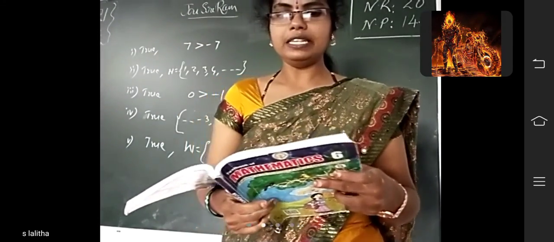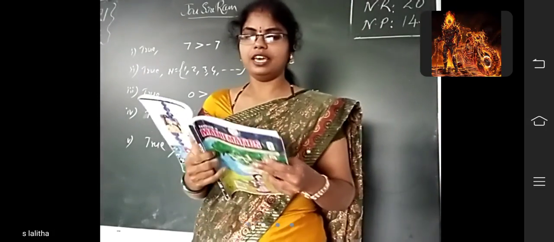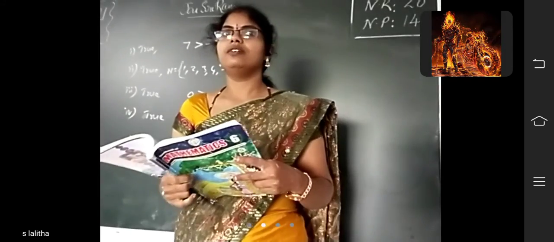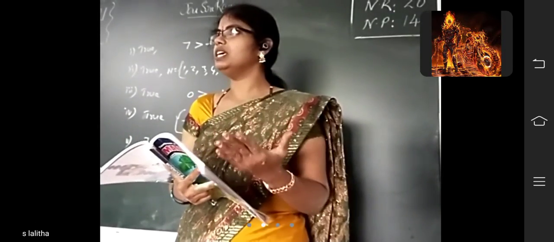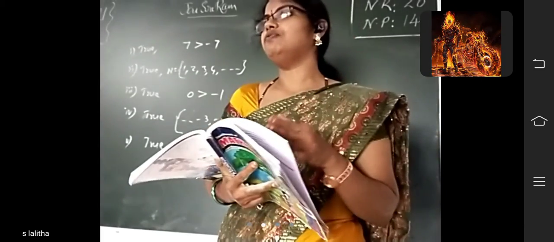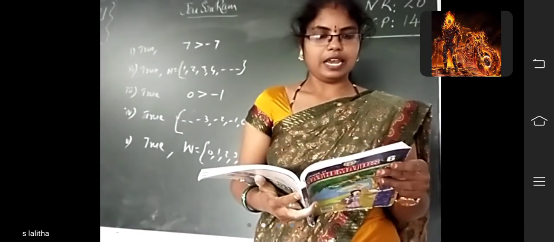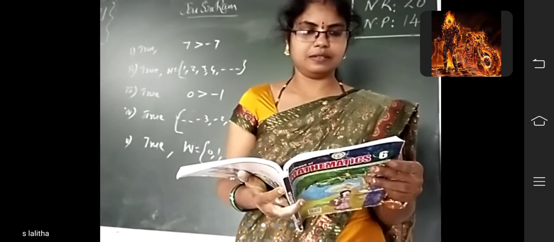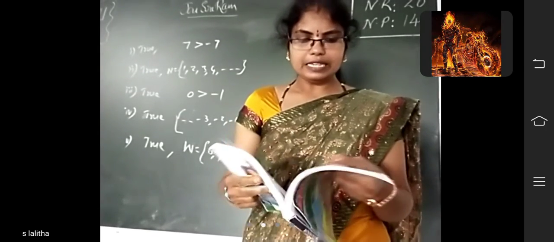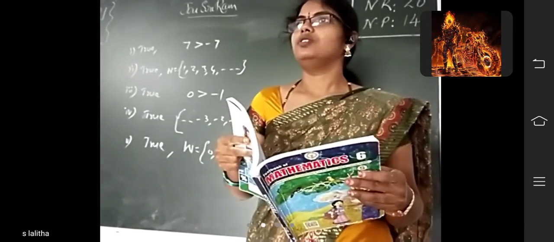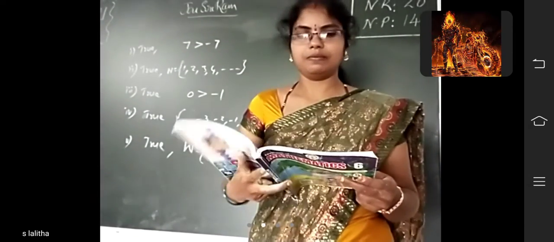Arrange the following integers in ascending and descending order. Some numbers are given. Ascending order means smallest to biggest, descending means biggest to smallest. So write the negative integers first. Next, write a real life situation for each of the following integers. Yesterday you wrote example 11. Like that you should write the 6th term, your real life situations.